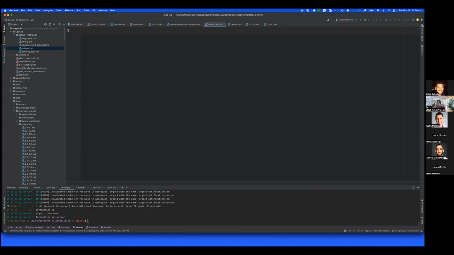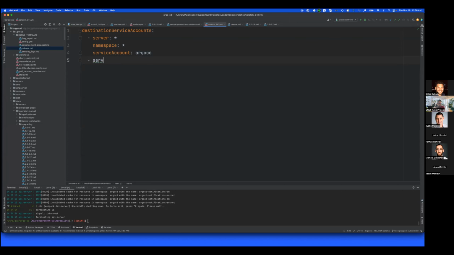Okay, so something like destination service accounts, and then you'd have server. Let's suppose I just want the service accounts to be Argo CD by default for all destinations.